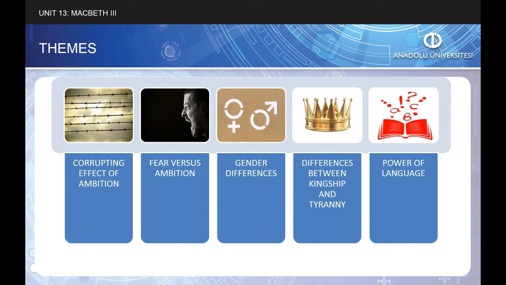From the beginning of the play until the middle especially, Lady Macbeth and Macbeth are juxtaposed by each other. Lady Macbeth, although she is a woman, is presented as a powerful female figure and she is presented as more masculine than Macbeth. Moreover, Macbeth is presented as a coward by Lady Macbeth. So their differences are revealed, especially until Lady Macbeth loses her mental stability.